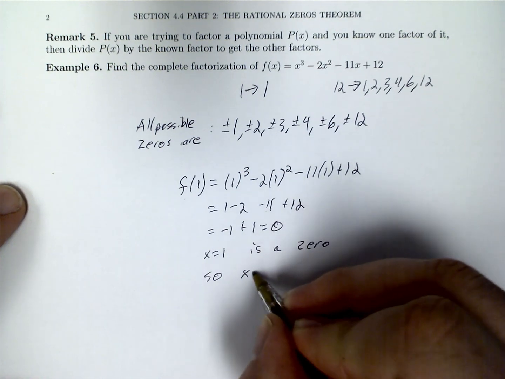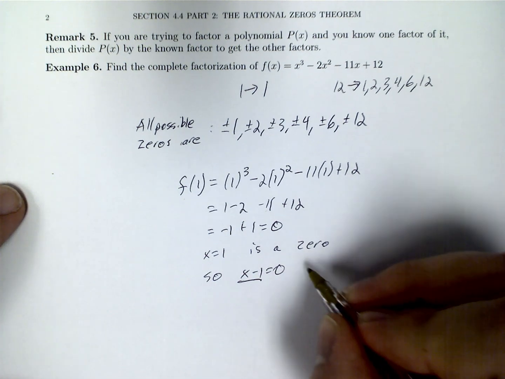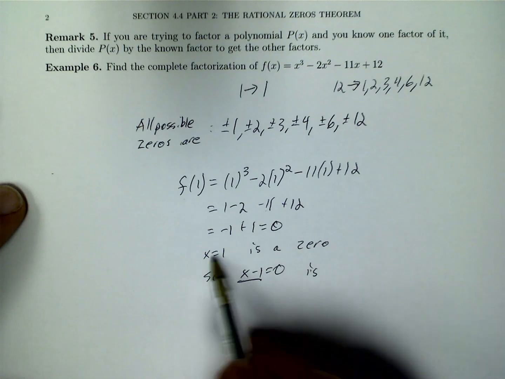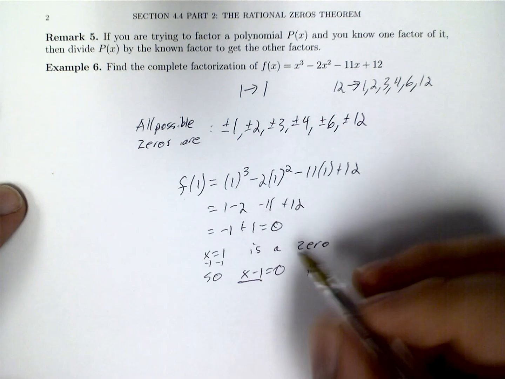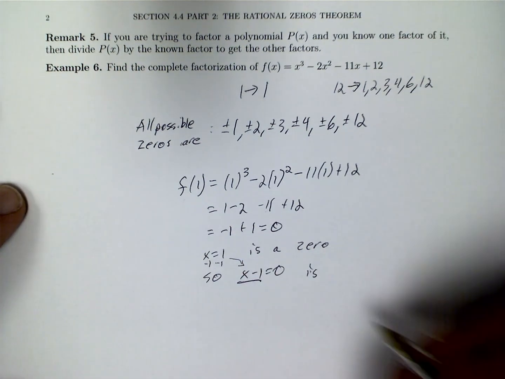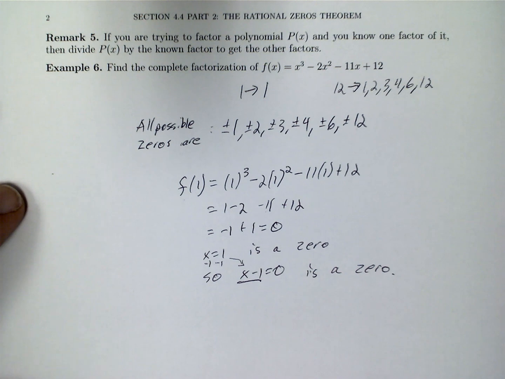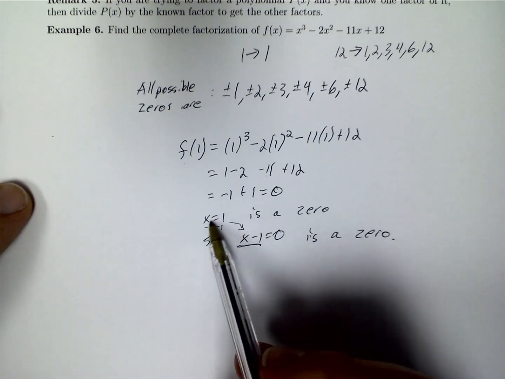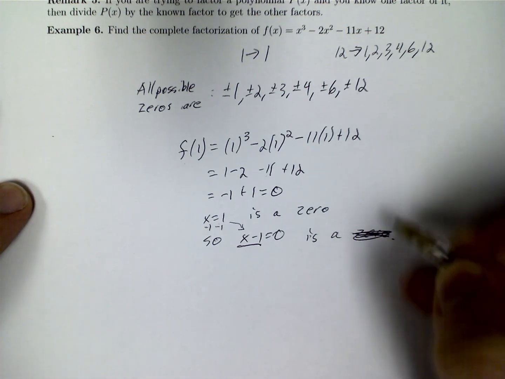So x minus 1 is a factor. The way I got x minus 1 was by bringing this 1 to one side, getting this side equal to 0 by subtracting 1 from both sides. All right, so now we know x equals 1 is a zero because x minus 1 is a factor,